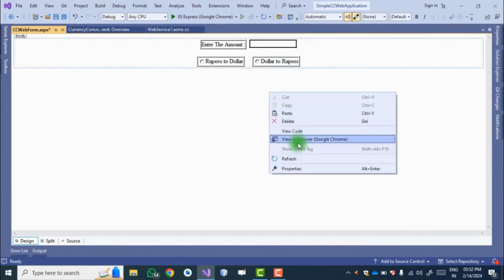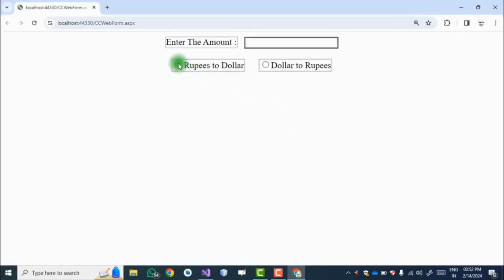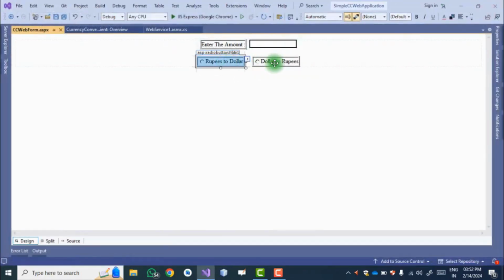So now these two radio buttons belong to the same group. When we select this radio button, it is from the G group, and then when we select the other button, this one is automatically deselected. Why? Because they belong to the same group. So remember one thing: we have to give the same group to the radio buttons.